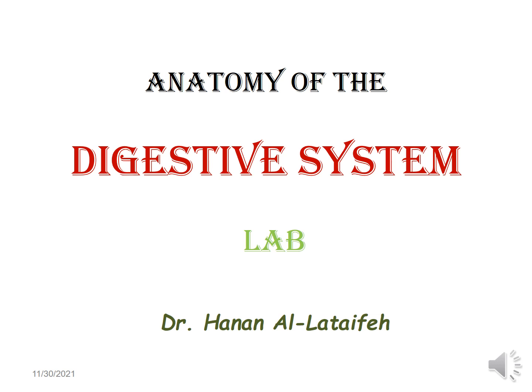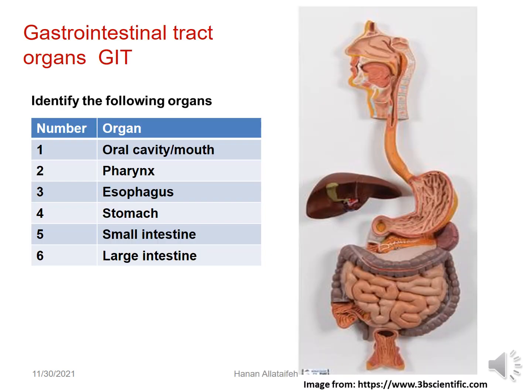Our lab for today is about the anatomy of the digestive system with the organs that form the GI tract. As you can see here, the oral cavity or the mouth, pharynx, as you know, oropharynx and laryngopharynx are portions of the GI tract, while nasopharynx is not. Next we have the esophagus, next the stomach, next the small intestine with its three portions, duodenum, jejunum,